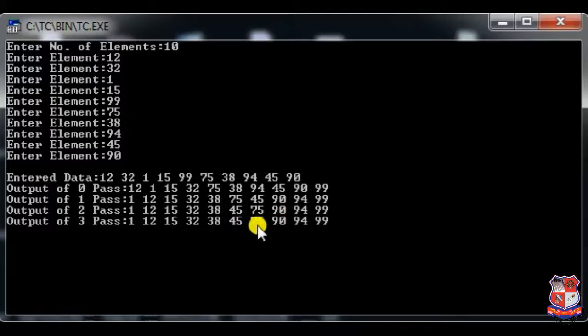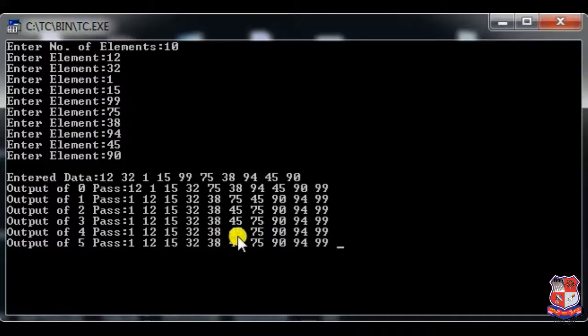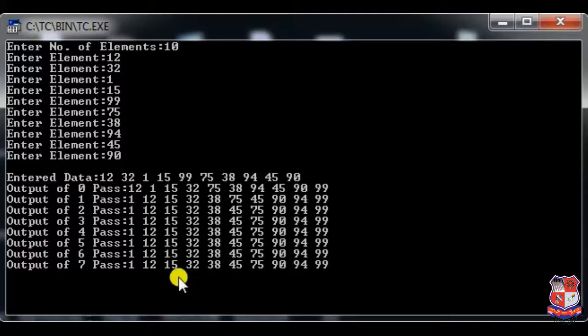Fourth pass, fourth largest element. Fifth largest element. Sixth largest element. Seventh largest element. And as the passes progress, the elements will be sorted to their proper places. Okay.